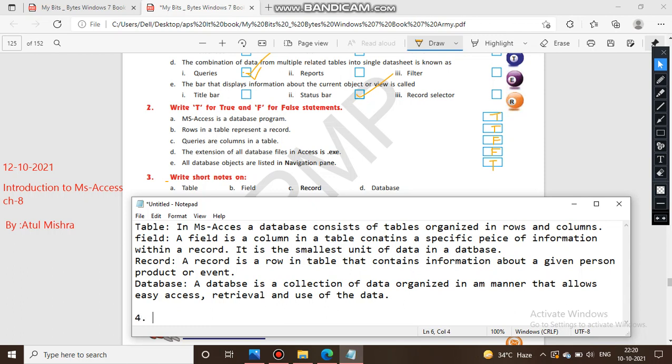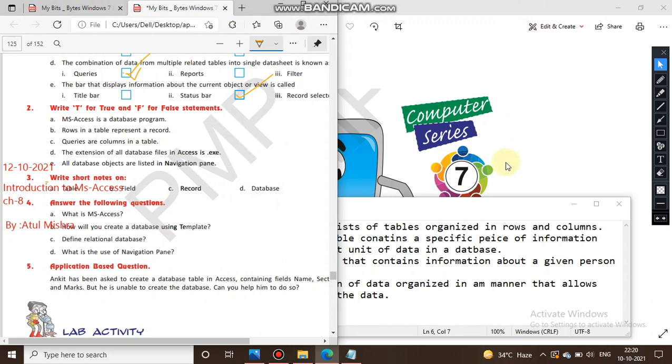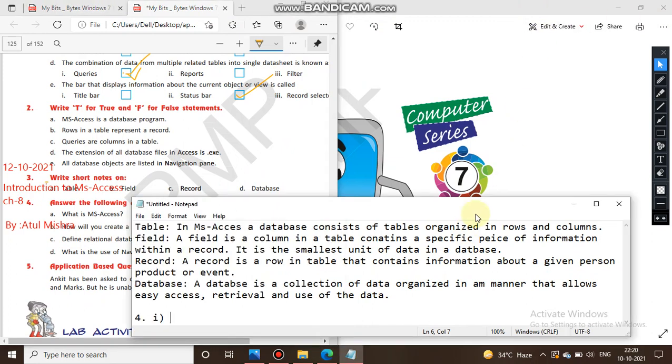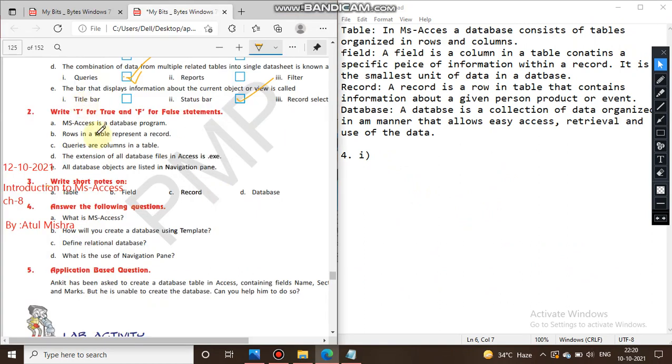Now fourth question, first part. What is MS Access? The first question is that. So you can write Microsoft Access.